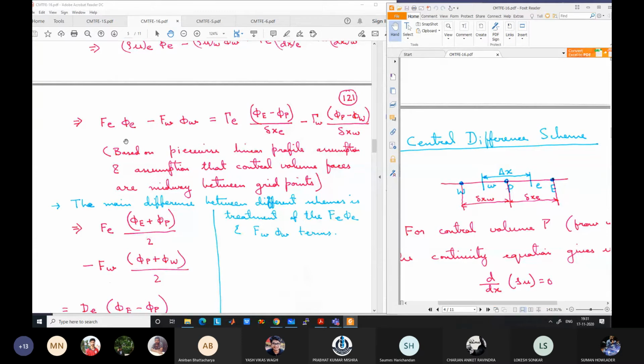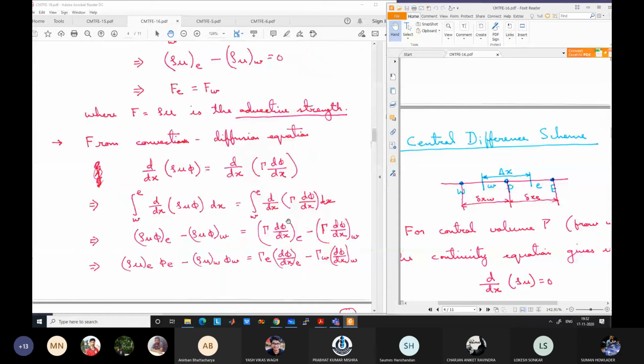Okay. So what is the easiest method for us? Easiest is to take the average. If nobody tells you about any of these schemes, based on just your intuition or common sense, what would you do? If I don't know anything about CFD, I am going to take phi at e as phi_E plus phi_P divided by 2, because that is what common sense tells me. At the center point, I can just take the average value if no information is given. So the same thing can be done here, and that is